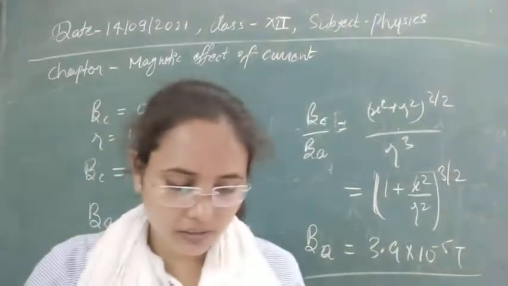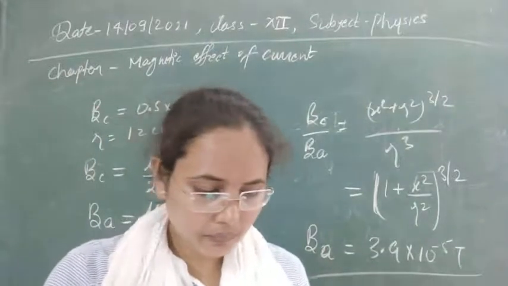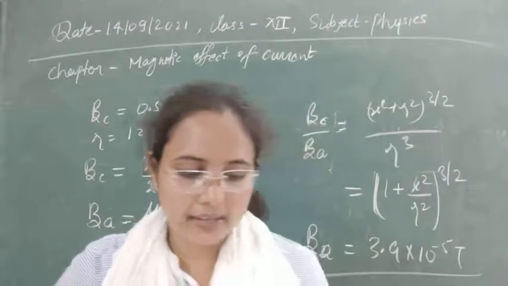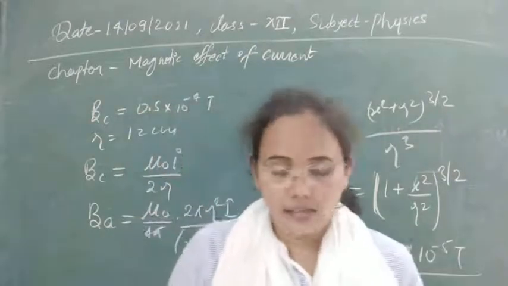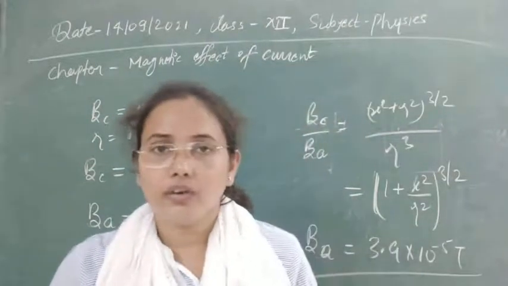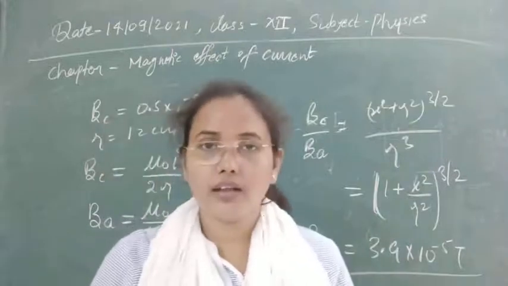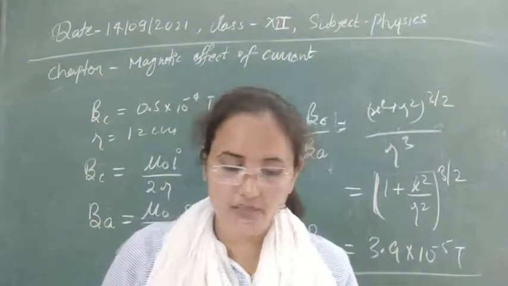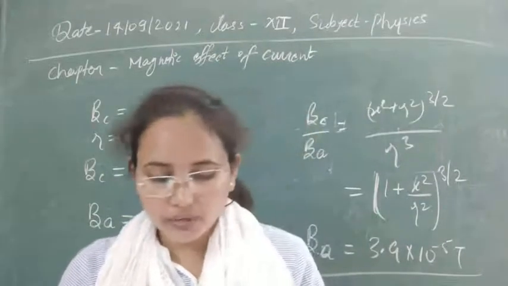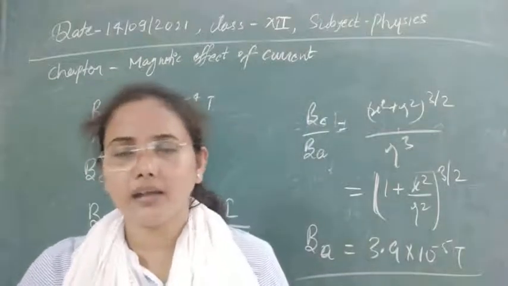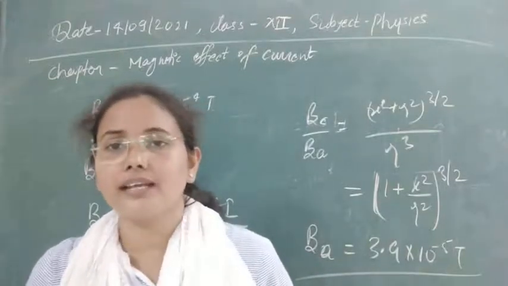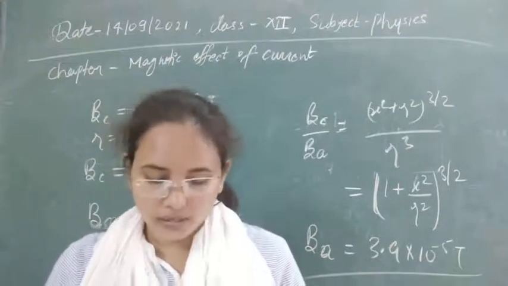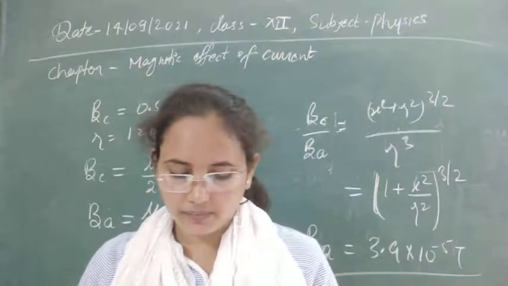Now in the next question, two wires carry current in different directions, then they will, options are given: attract each other, repel each other, create gravitational field, any of the above. So you know, whenever two wires are carrying current in opposite directions, they repel each other. So here our second option is correct.